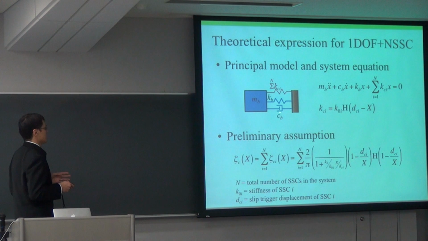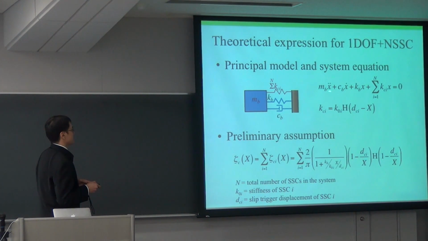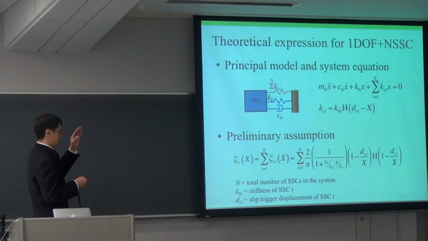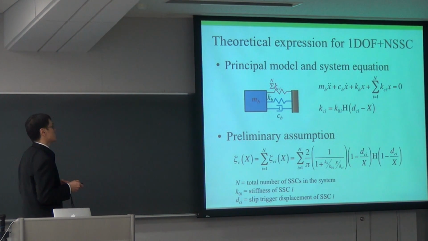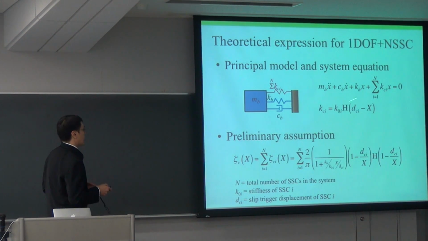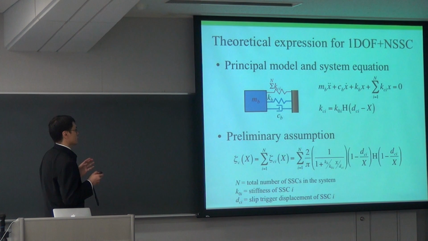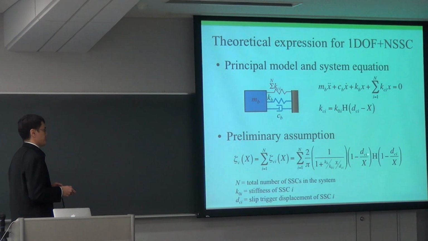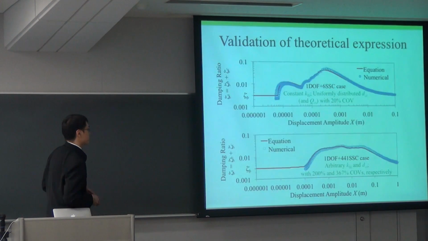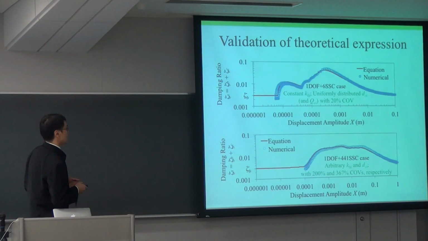So our principal model would be like this. We can express the n number of stick-slip components as basically a summation of stiffnesses, because they are essentially springs in parallel. So we can do a summation, and we introduce this subscript i, then the n to denote the number of stick-slip components. For now, we assume that the damping contribution from each stick-slip component is just additive. So likewise, for each stick-slip component, we just sum their contribution. We can just use the formula we used earlier, except now we introduce the subscript i to denote each stick-slip component. And essentially, that assumption is valid,